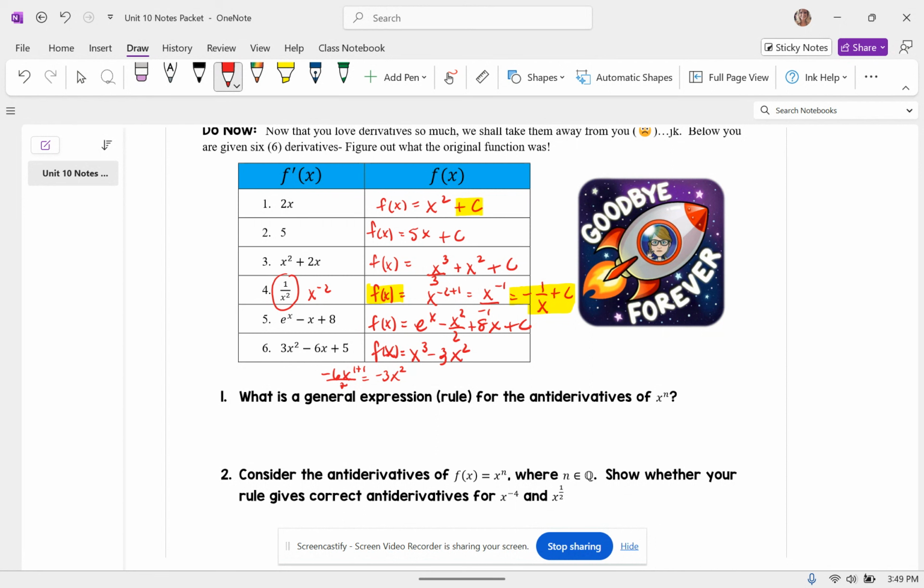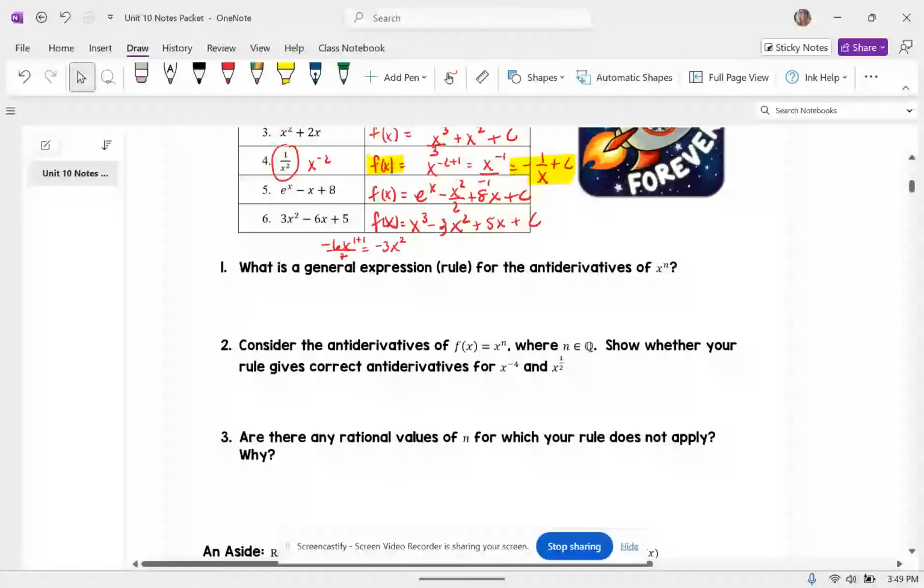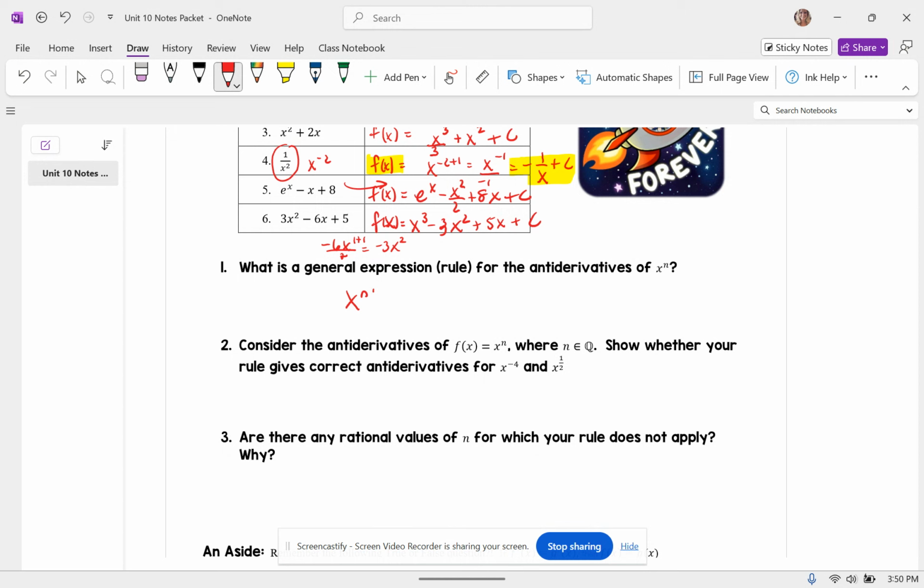Okay, and then for the 5x, I'm just going to tack an x on plus c. All right, so it kind of looked like when I was working backwards and trying to get back to the original, I kept adding 1 to the exponent, but then to get rid of any sort of coefficient out front, I would have to divide by that new exponent. So a general expression or rule for the antiderivatives of polynomials could be add 1 to the exponent,